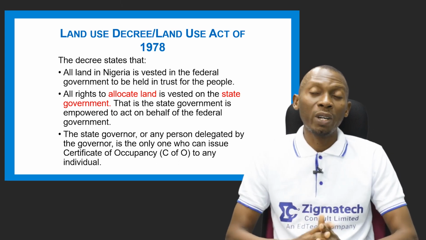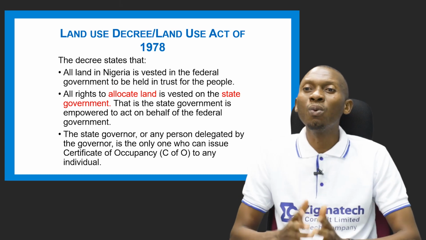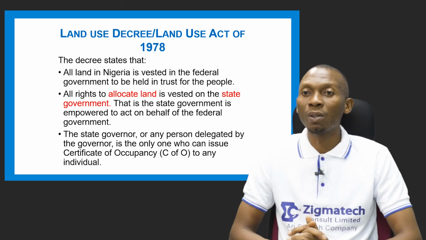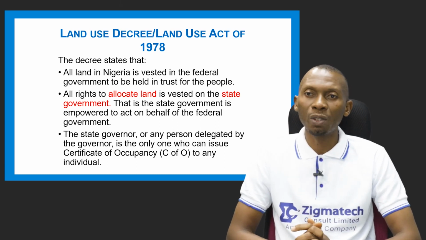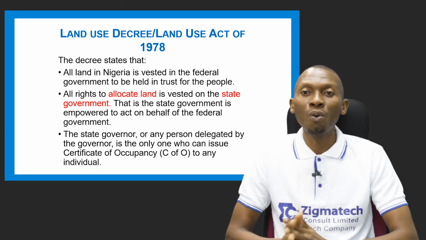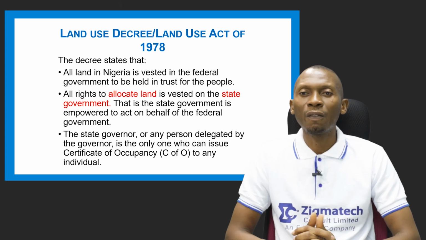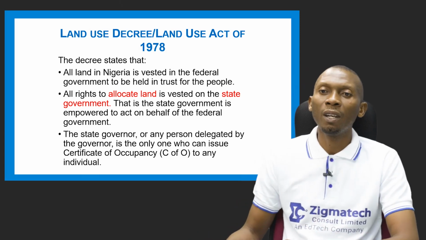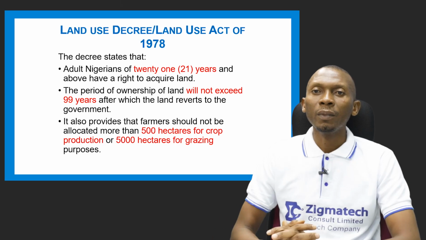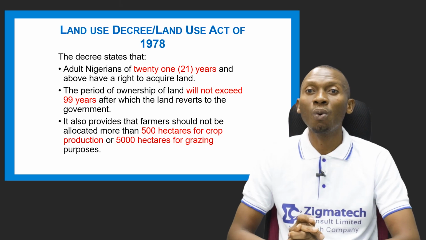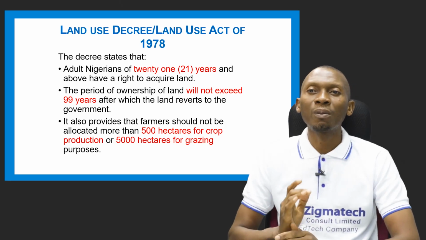And the state governor or any person delegated by the governor is the one who can issue a certificate of occupancy, which is popularly called C of O, to any individual. So when you hear the acronym C of O, it means certificate of occupancy. The decree also states that adult Nigerians, which are those about 21 years old or above, have the right to